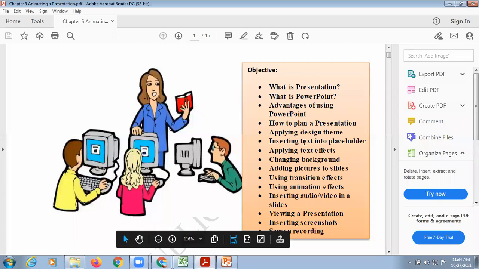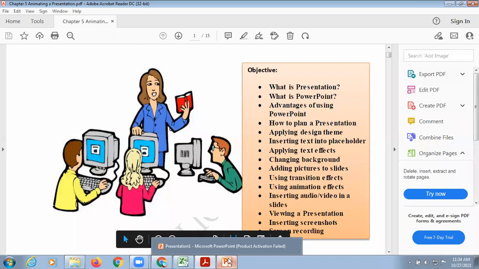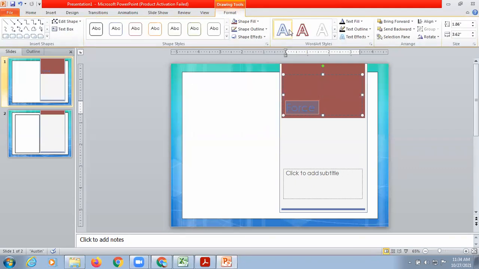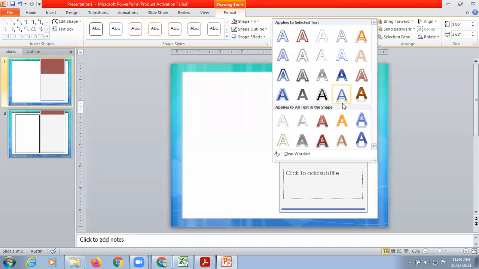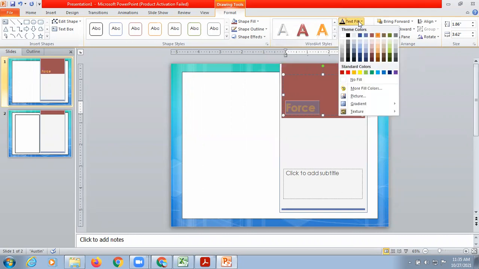Next is applying text effects. How can we apply the text effects? If I wanted to change the colors, I can go to the format tab. These are the different types of effects which I can use. Let's say I wanted to use this effect, and then I want a white color for my text.